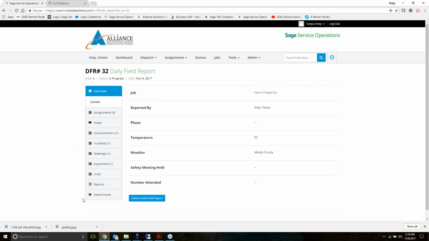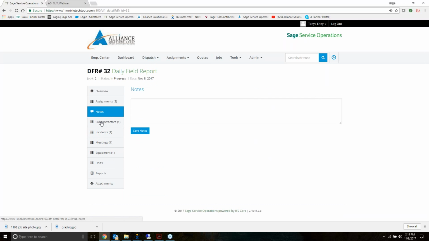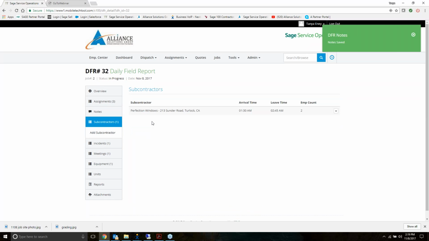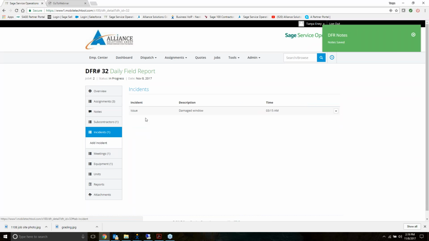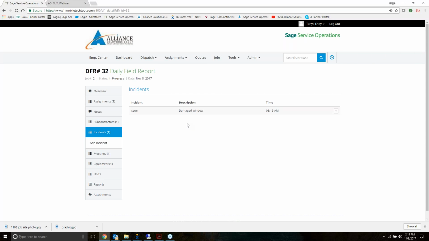And then from all these tabs here, this is additional information that I can capture to relay back to the office. Maybe notes about the job. And I can type in some notes. I can also log what subcontractors were on the job site today. I can log any incidents that maybe occurred on the job site today, along with any meetings